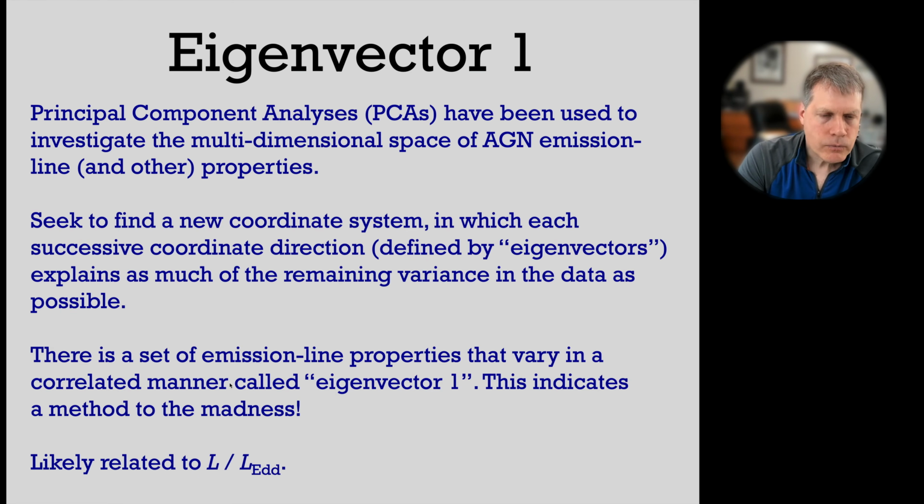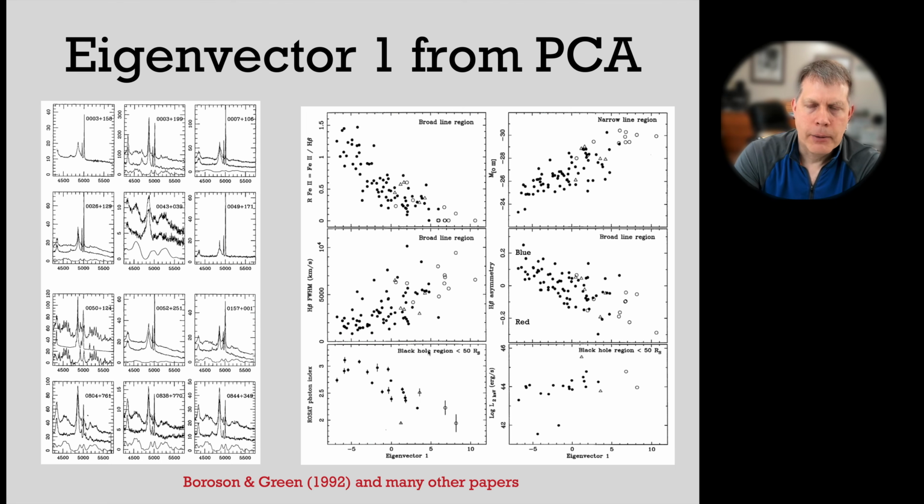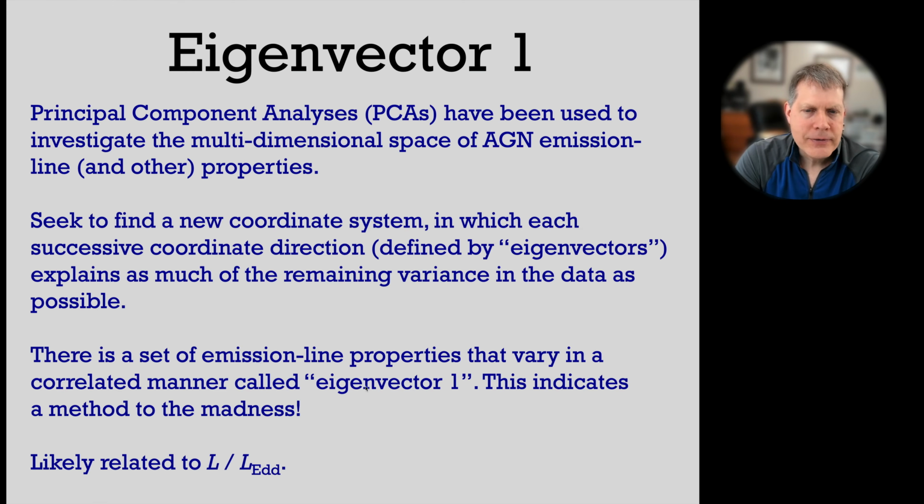Now, this Eigenvector 1, well, you want to then physically understand, what does it mean? Well, many studies of that, utilizing the properties and our physical expectations of how these lines are made, and the X-ray properties are particularly revealing here, all indicate together that this Eigenvector 1 is likely a measure of the Eddington